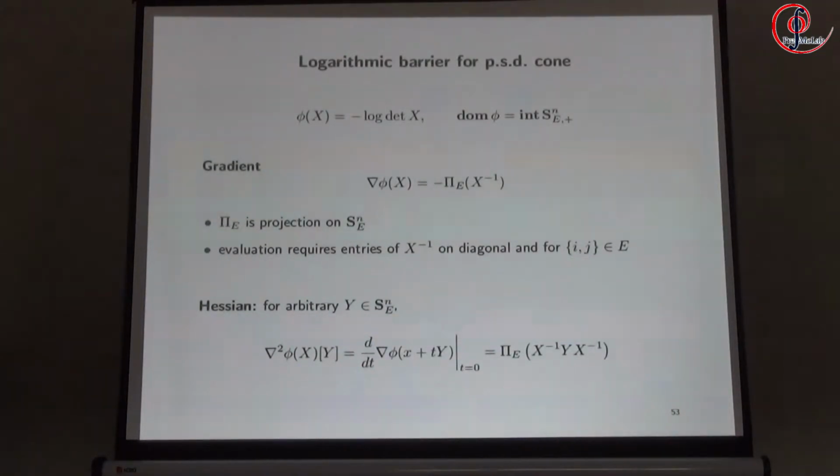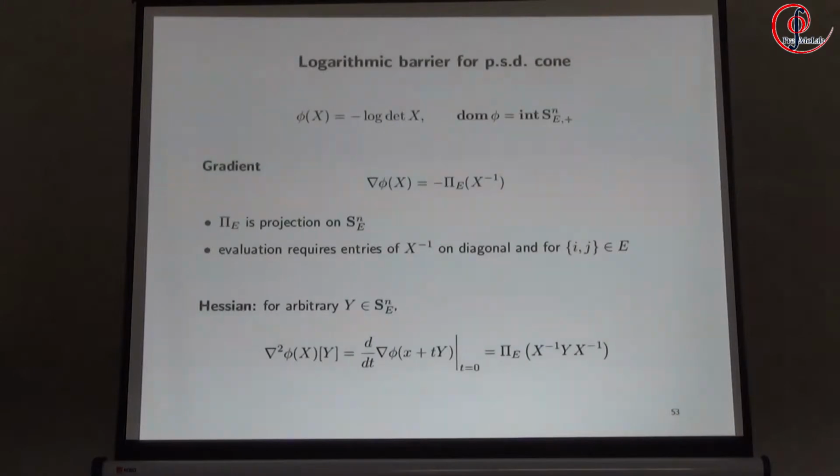Maybe you should remind people that when we calculate the gradient, we have in mind that the norm is given by the Frobenius norm. So for matrices, I always assume we use the trace inner product. So the inner product of x and y is the trace of x times y. And we use that same inner product also for the space of sparse matrices, and for that inner product it is